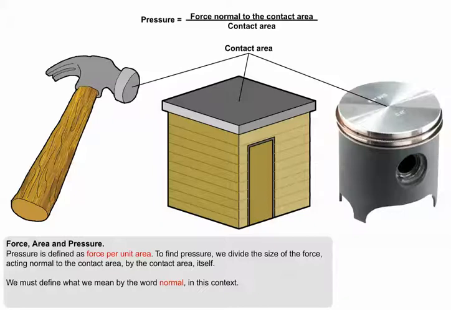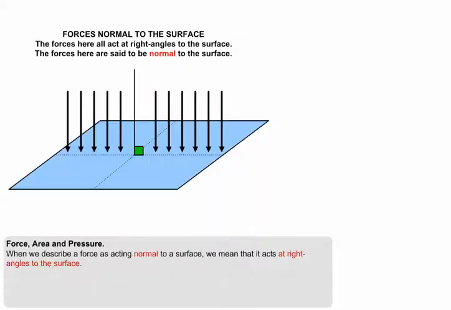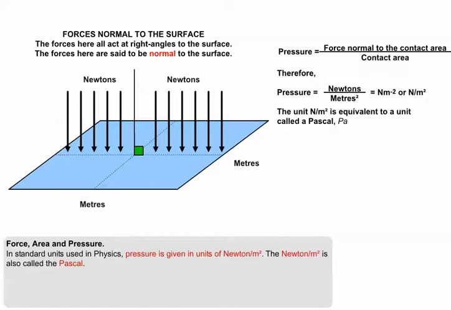So let's define what we mean by normal in this context. When we describe a force as acting normal to a surface, we mean that it acts at right angles to the surface. In terms of the standard units used in physics, pressure is given in units of newtons per meter